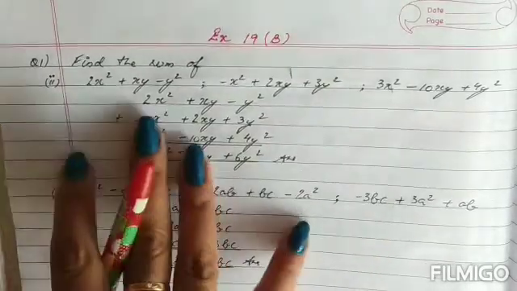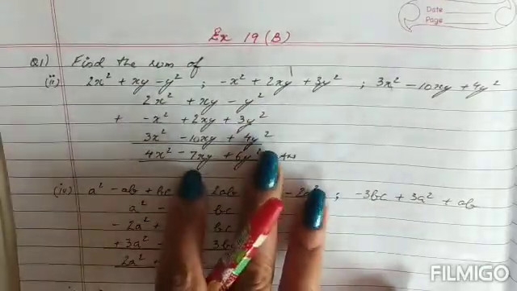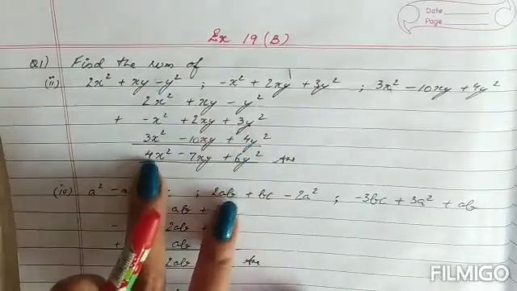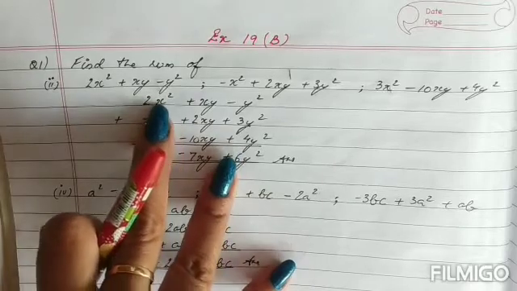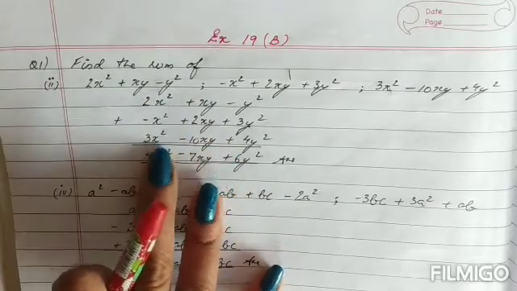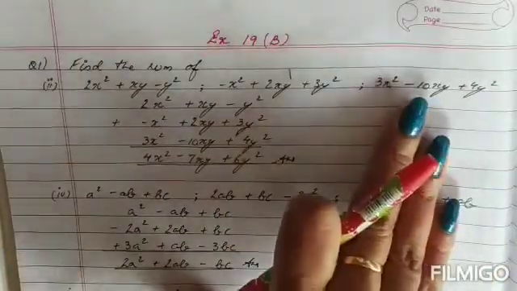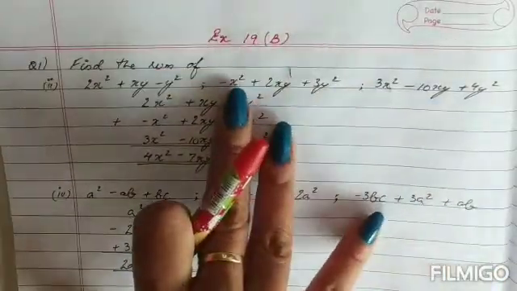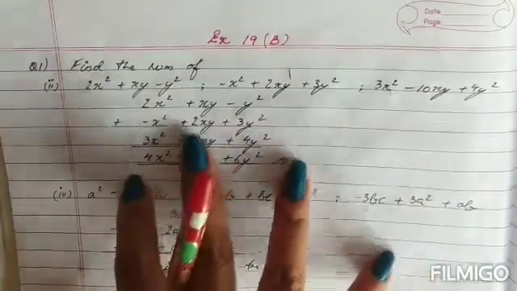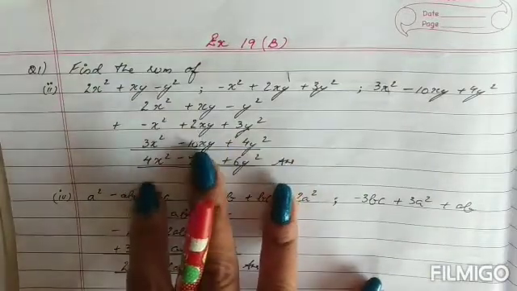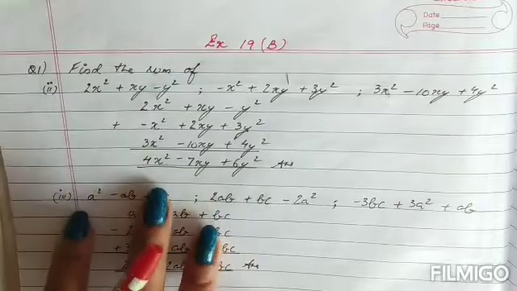Now see, we have written all the three polynomials one underneath the other. Again, keep in mind, children, that the like terms are coming in one above, one below the other. See, this is an x square, so I have taken the x square values below that. Now where they are placed in a polynomial will not make a difference, children. When you are writing them together, you can bring the like terms and write them one below the other. Wherever they are placed in a polynomial will not make a difference. So see, I have written that place, right?